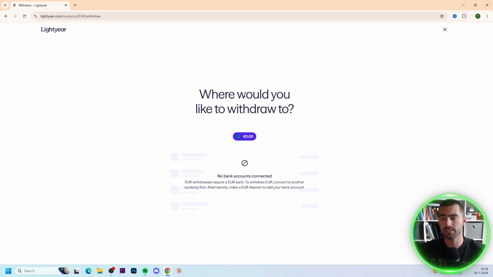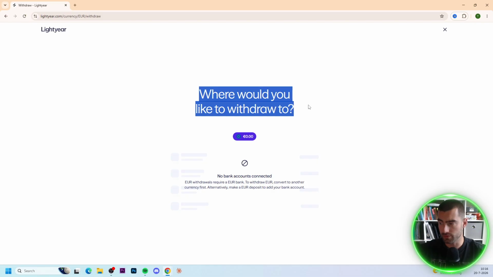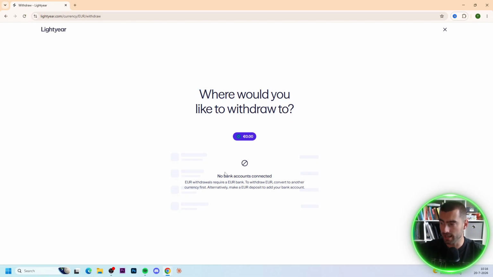Then right now it's asking us where would you like to withdraw to. And then it tells us no bank accounts connected, euro withdrawals require a euro bank. To withdraw euro, convert to another currency first. Alternatively, make a euro deposit to add to your bank account. So once you have a balance here of €1 or maybe 10 or 20 or 1 million, you can withdraw it,